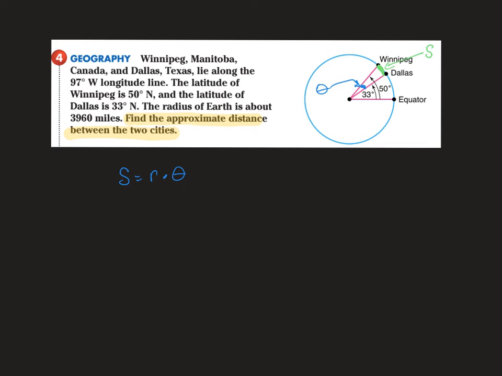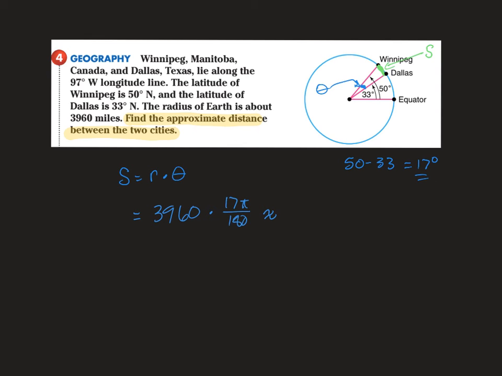So for starters, I'm going to calculate that as 50 minus 33, right? The difference between Winnipeg and Dallas is 50 minus 33, which is 17 degrees. So if I want to find that arc length, I'm going to do the radius, which is 3960, times the angle 17 written in radians, which is 17 pi over 180. And when you crank that out,